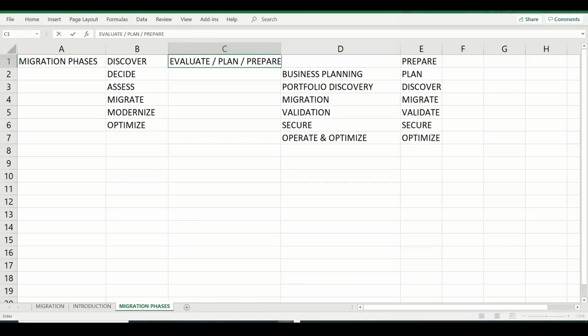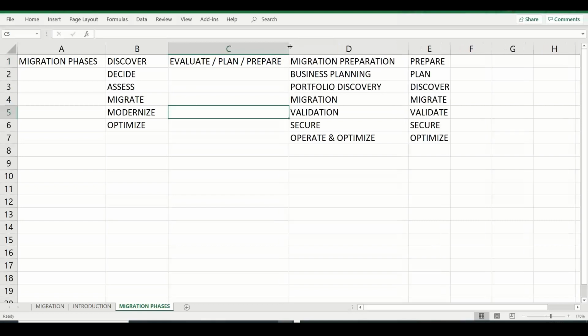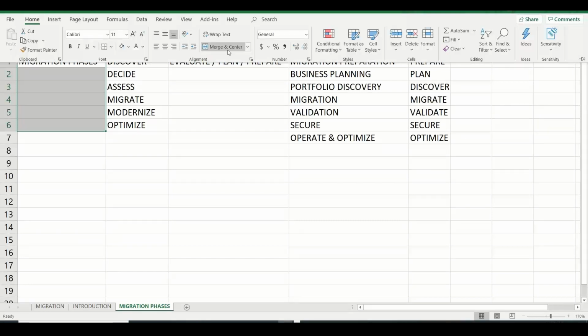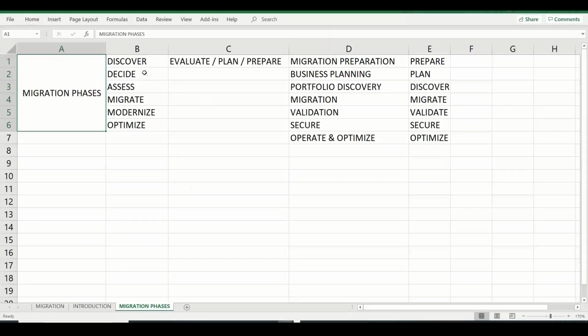All these terms will be used interchangeably in different organizations, but what they are doing here is migration preparation, business planning, and a discovery and assessment of the environment before they can decide what kind of strategy to take for a particular application, whether we are planning to do a rehosting, replatforming or re-architecting, whether they have budget for that and all those things. So generally we group the systems into these phases, and we start with the migration. At a high level, you can use generic simple terms like these, or you can go with the standard terms that AWS uses.